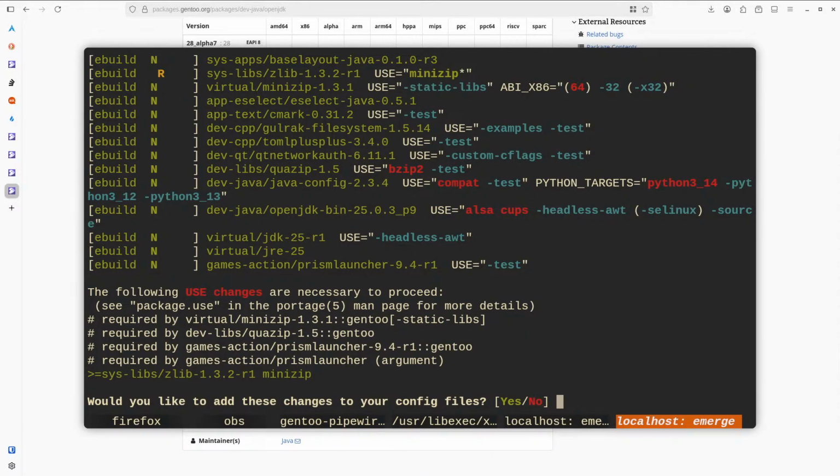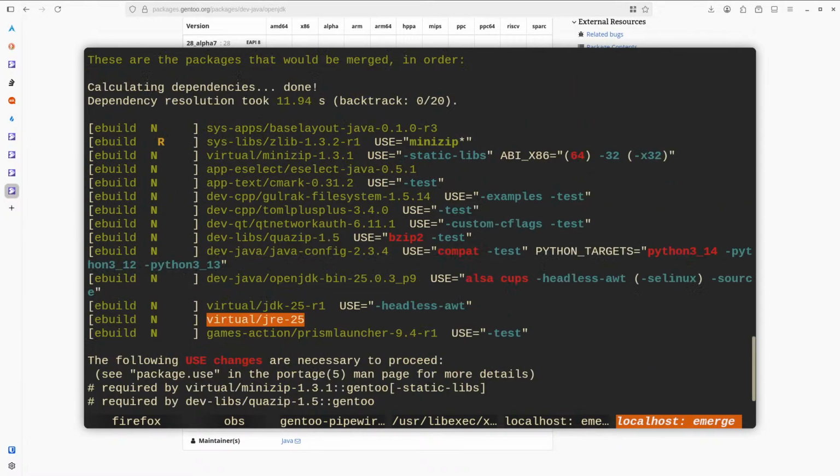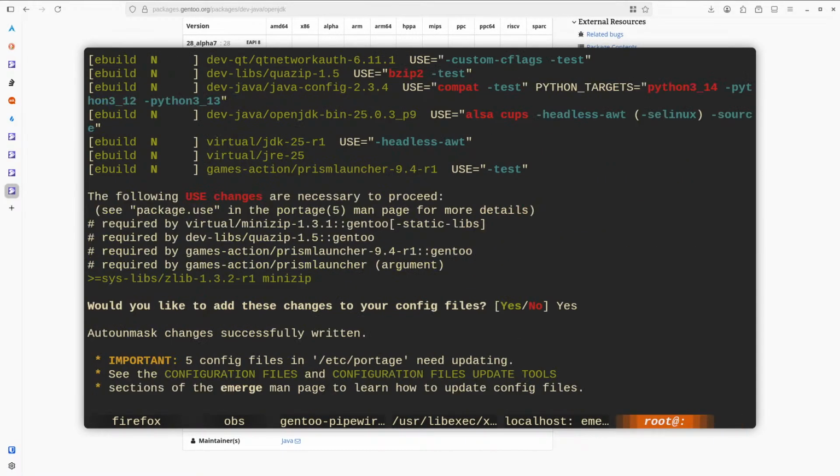So USE changes. For some reason, this doesn't work. So Prism Launcher does pull in OpenJDK bin. I guess I'm gonna reinstall it from source because you need it. Okay, so the auto unmask changes were successfully written.